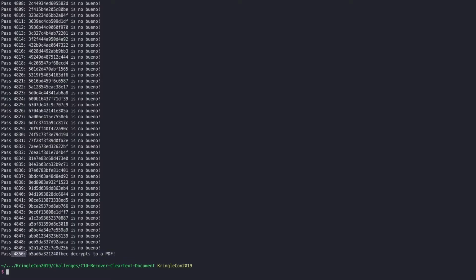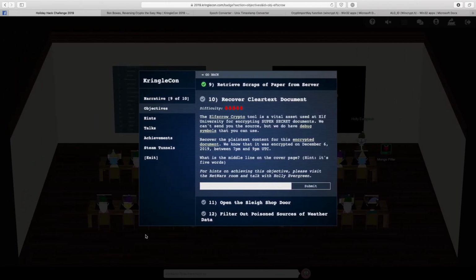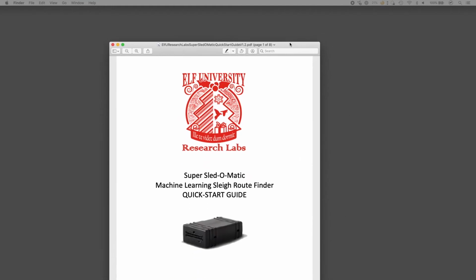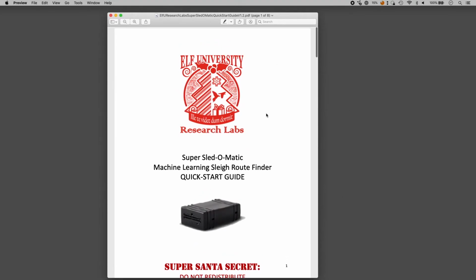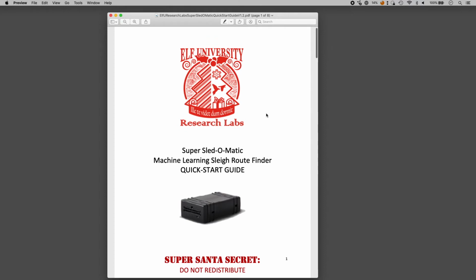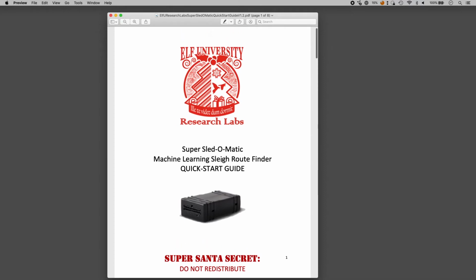The fact that we now know the iteration that it is successful, we also know the exact timestamp on when that file was encrypted, namely our base epoch timestamp plus 4850, which is going to give us our correct time up until the second. So that decrypts that file, and that file then looks like the following. If I can grab that, there we go. And it looks to be like a manual or a quick start guide for the machine learning sleigh route finder,